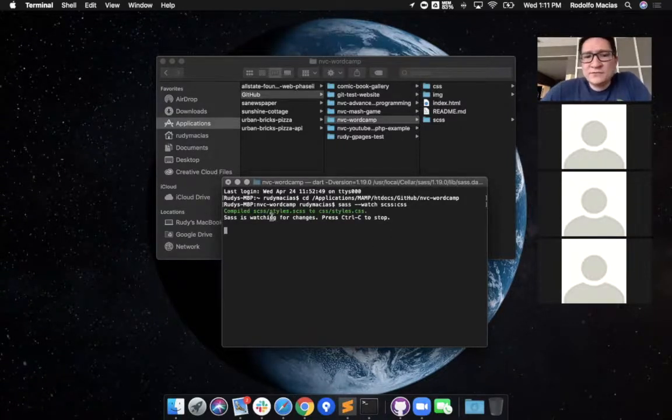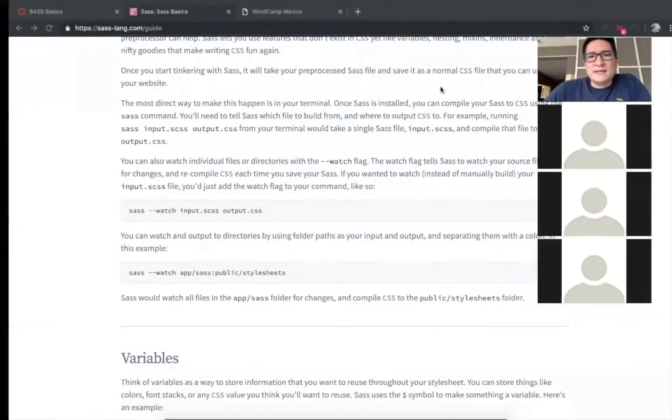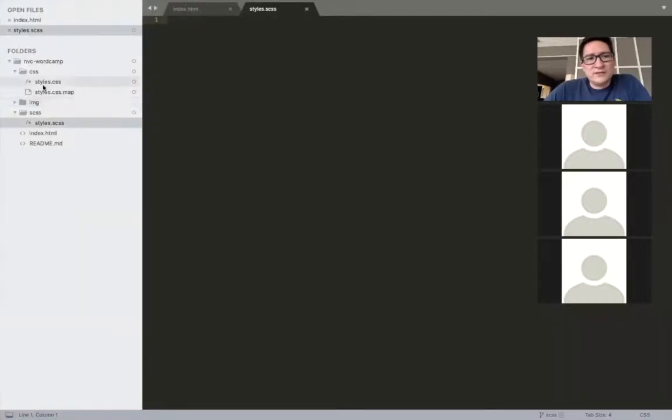When I do that, you guys remember that I created a folder called css, and it was an empty folder. But now that I started running it, this is what SASS does for me. It creates the compiled version, which is this styles.css, and a .map file. A map is basically how, if you have multiple style sheet files, it can map it out for you. That's something more advanced, but the important piece is to know that that command line is watching